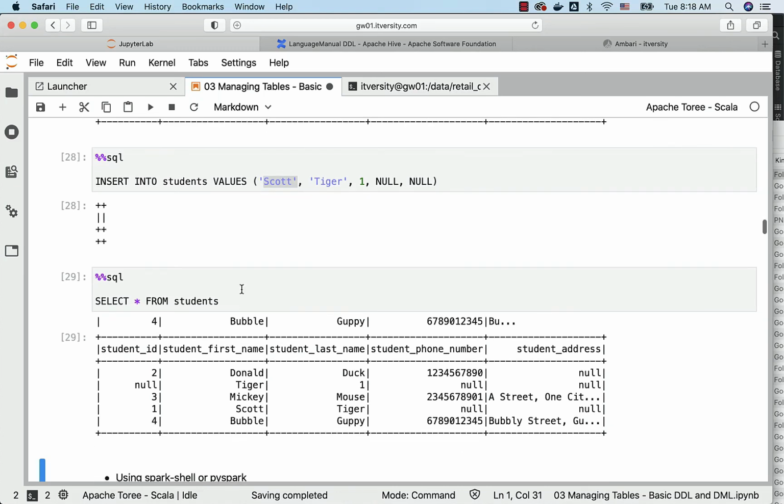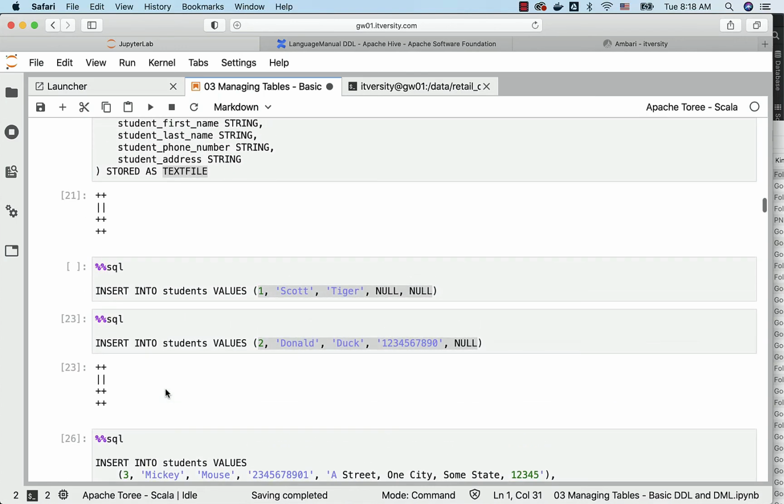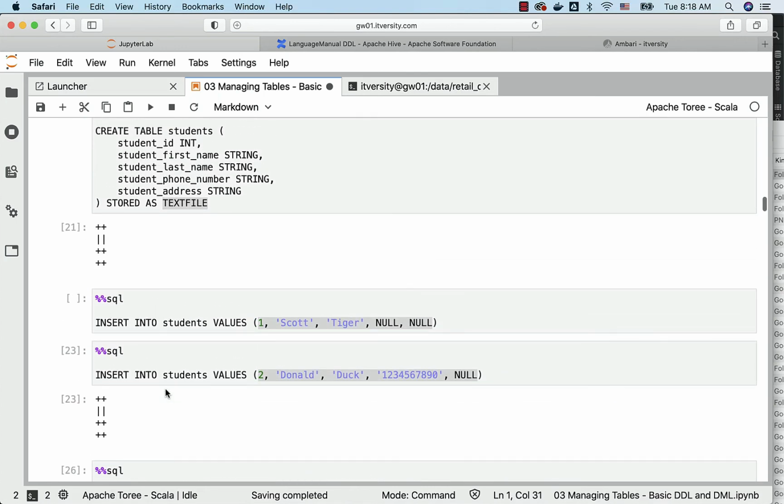And the thing is, you cannot just delete this record now. You have to drop the table and recreate to fix the data, unless you end up using Delta Lake, which provides you all the CRUD operations on top of insert, including update, delete, etc. That being said, we have seen how to create the table, how to determine the criteria before creating the table, and also we have seen how to get data into the table, just to make sure that all the dots are connected, to understand how to create the table, get the data into the table, and also validate the data in the table.